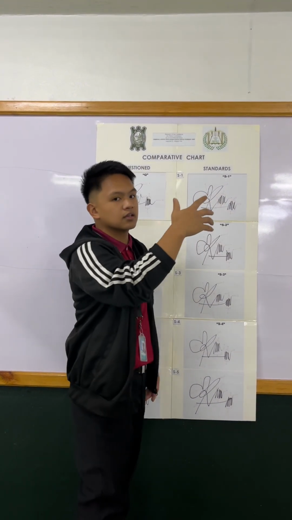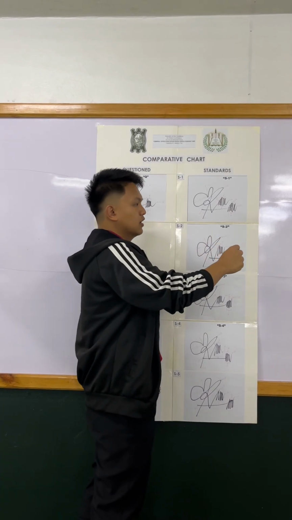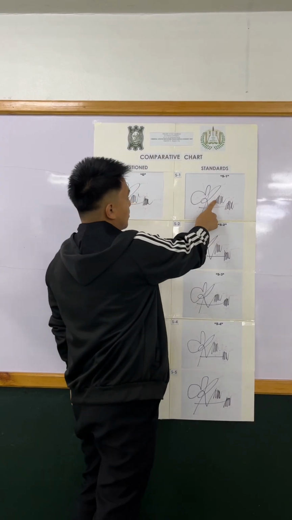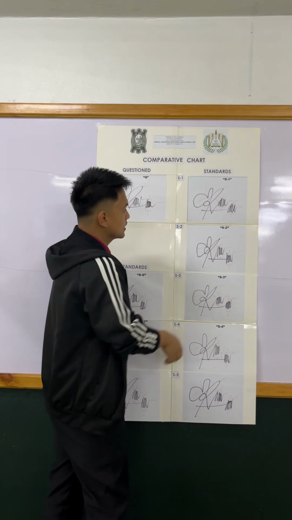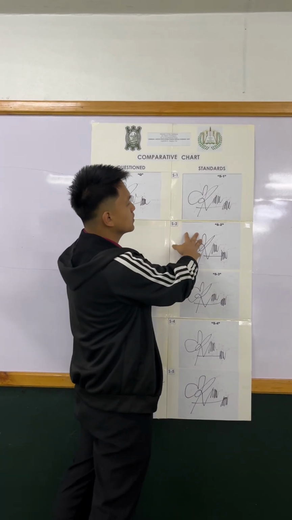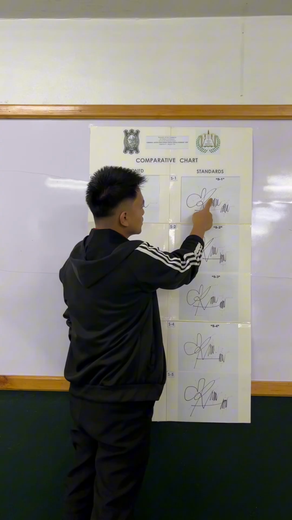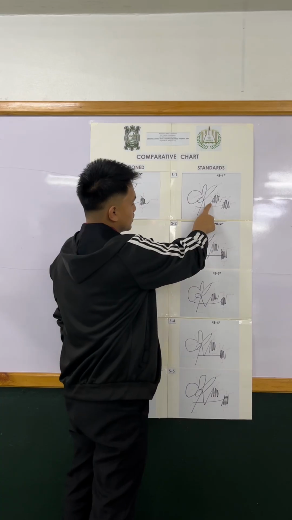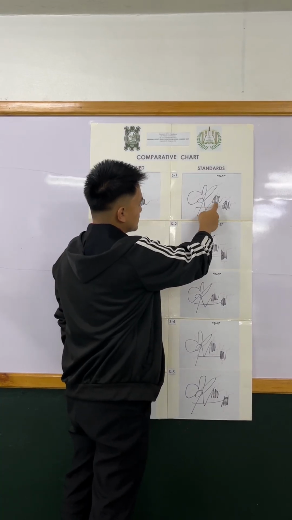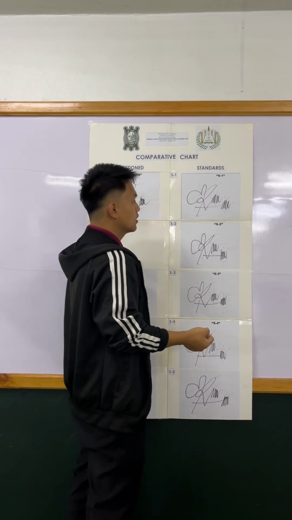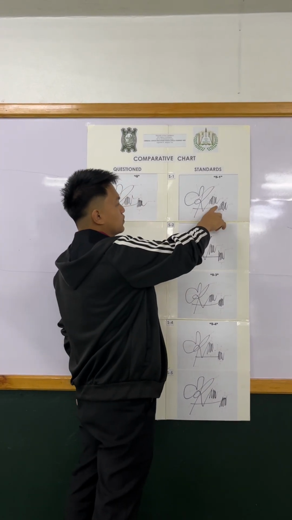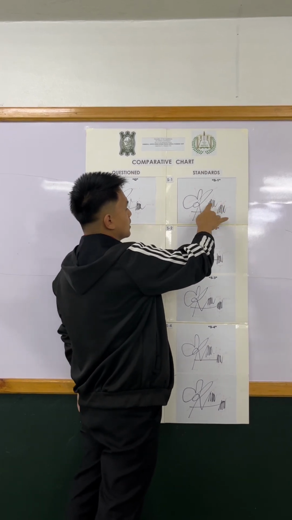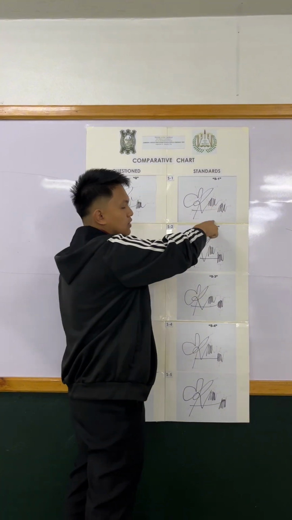The pen lift, in which the writer lifts the pen and starts all over again. So the starting again after the pen lift forms a blunt stroke. Here, number 6. Next, the number 7. If we count the shoulders of the second writing, 1, 2, 3, 4, 5, 6. There are a total of 6 shoulders. Next is the foot of the writing, 1, 2, 3, 4, 5, 6, 7. So there are 7 foots in this second part of the signature. Next is the pen lift again, or the ending part of the second part of the signature.